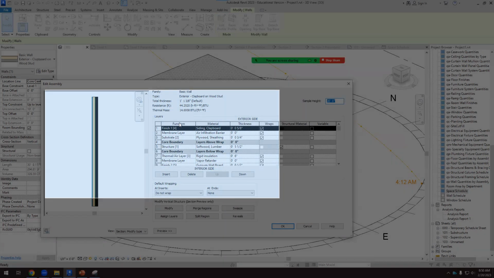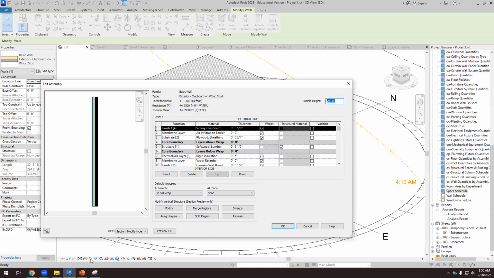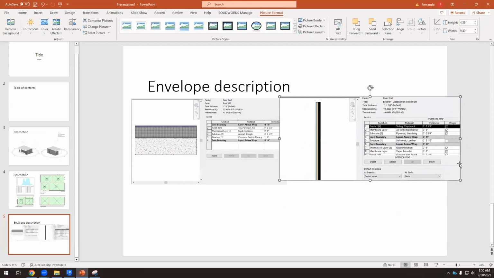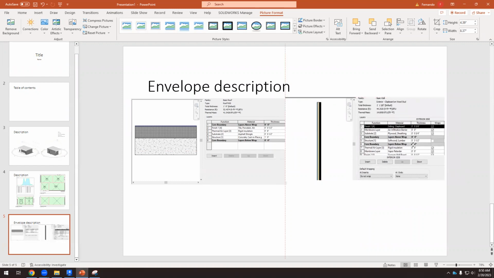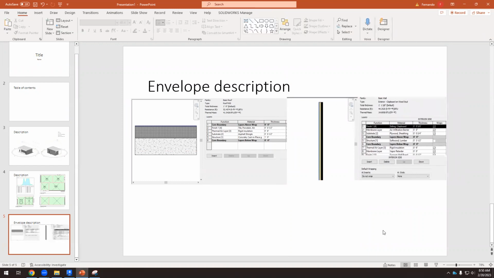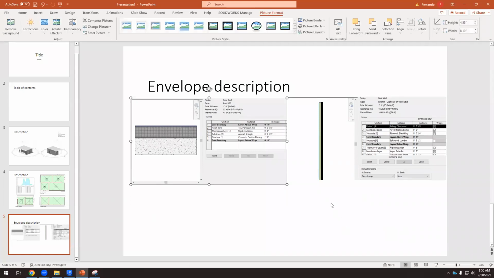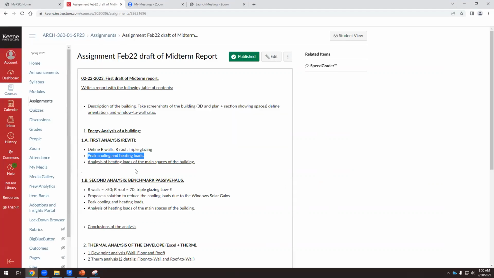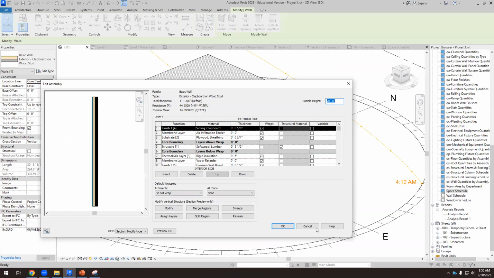Okay, so remember that this wall, the R value should be about 40. And finally, we need the floor. Okay, so we have the envelope description. We have roofs, walls, and then the floor. When it comes to the glass, the triple glazing, remember that we can,